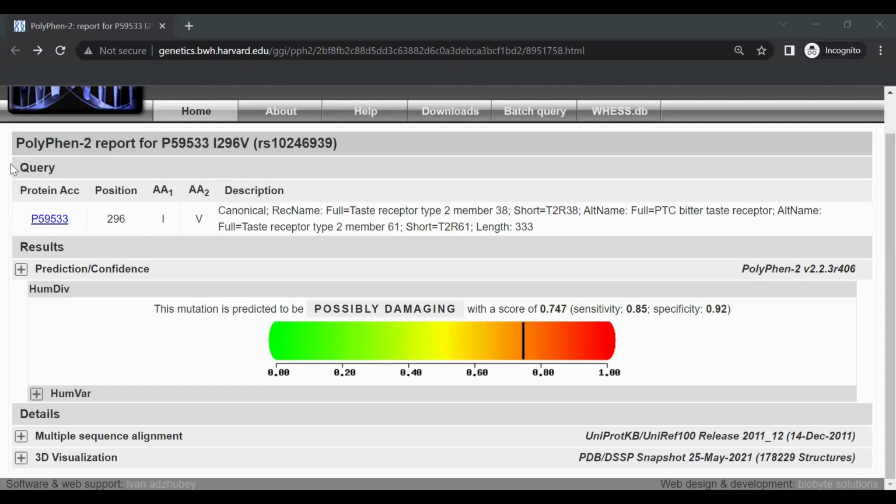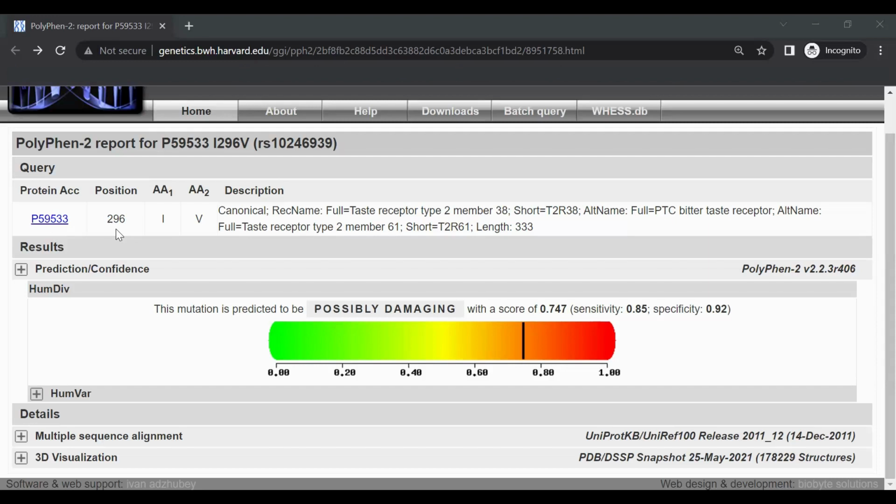The first column displays the protein accession number from the UniProt KB database, which is labeled protein ACC. For human taster, the protein accession number is P59533. The next column contains the position of the variant,